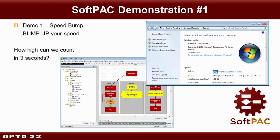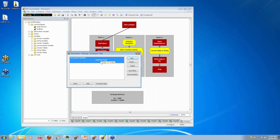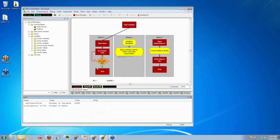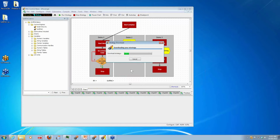Okay, so let's go ahead and switch over here. So you can see I have my two control engines. The increment block here is just incrementing a variable called all chart total. So we're going to watch that count up. So let's go ahead and load this onto my R1 here. This is sort of the before picture, if you will. Let me clear that out. Okay, so let's go ahead and run this